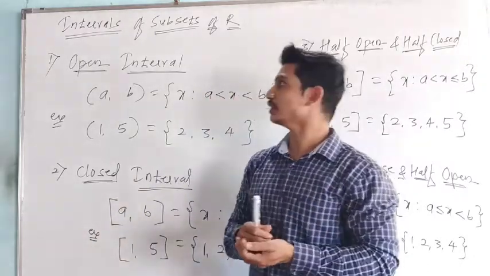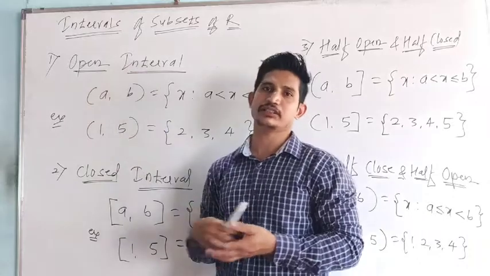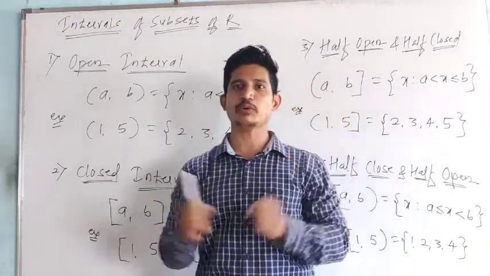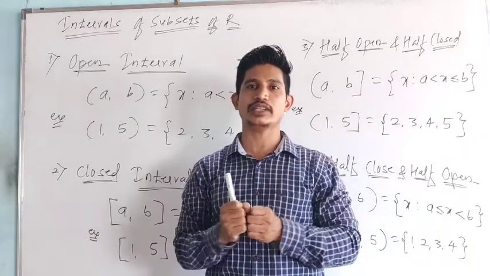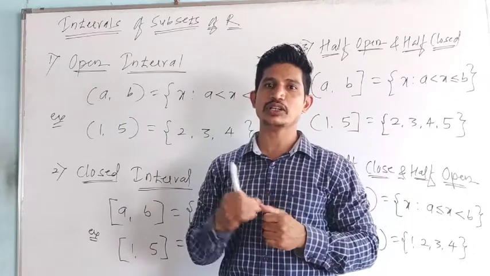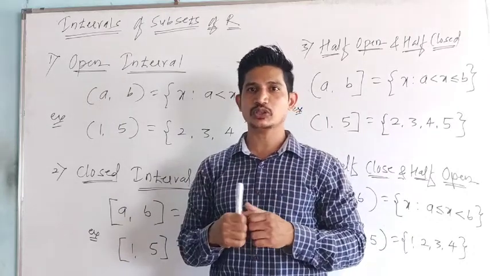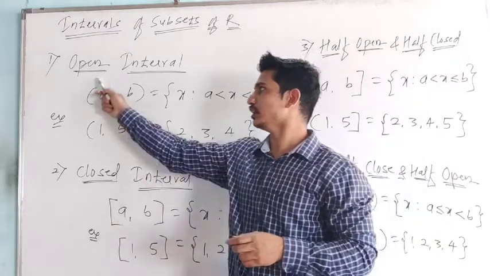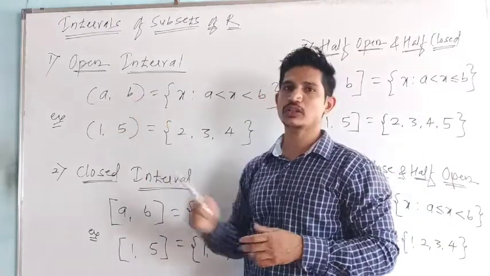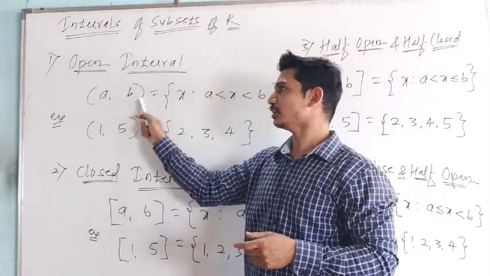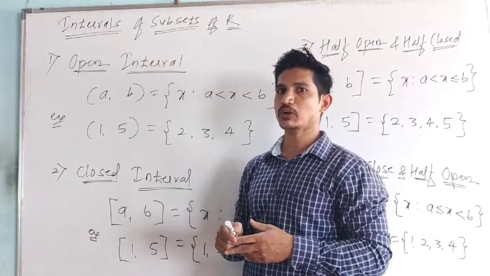So we are now studying intervals. The first interval is the open interval. What is called an open interval? There are no boundary points. Boundary points we are not taking. Only the numbers within the boundary points make an open interval. What is the symbol for the open interval? This is a curve, a curved bracket. The curve is called an open interval. This side also has a curve.